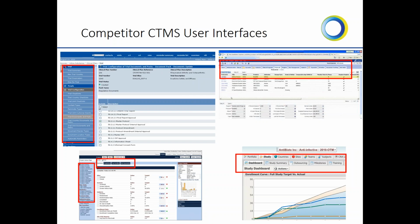So after hearing the same pain points from clients and seeing the lack of innovation in these existing CTMS solutions, we started to wonder, what's the holdup? Why are people still working like that? And that brings us to, from Pharmaca to Intrinsic Clinical